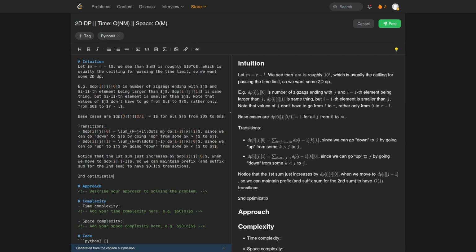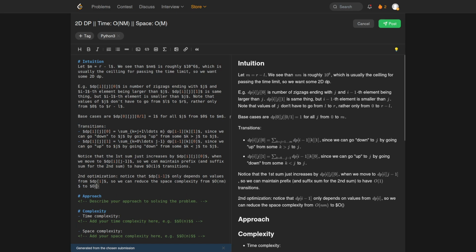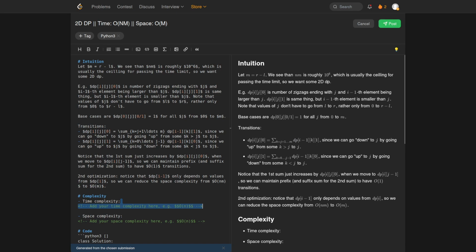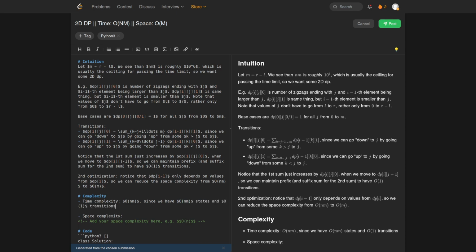Second optimization, notice that dp[i minus 1] only depends on values from dp[i], so we can reduce the space complexity from